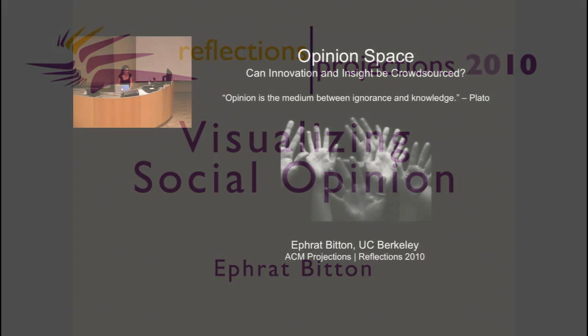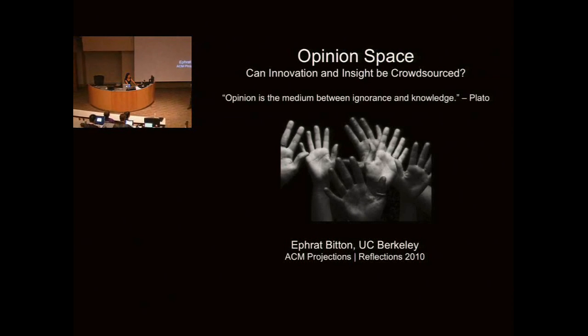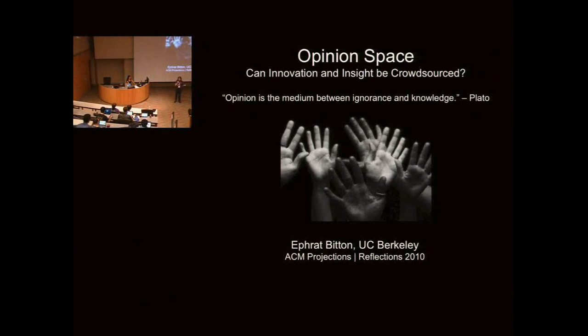As anyone who's been in an argument knows, it's sometimes really hard to communicate your opinions to the other person and feel like you're working towards a conclusion and trying to get to an agreement, right? And the reason that Ephrat Bitton's research is really interesting is just because she's taking all of people's complicated opinions with all of these different layers and trying to visualize them in a meaningful, abstract way that's really easy for people from the outside to understand. She's working on her PhD at Berkeley right now, doing more stuff with opinion space, and without any further ado,